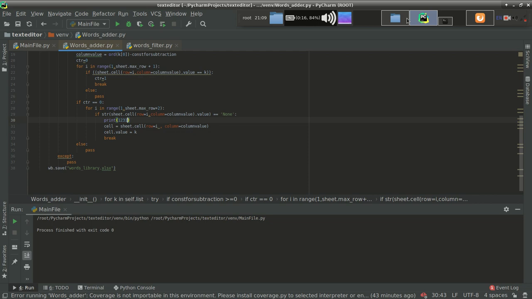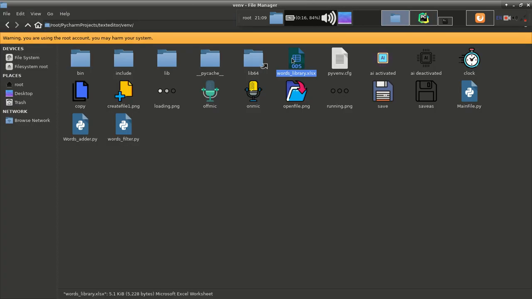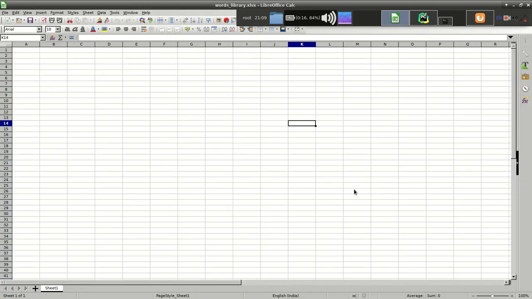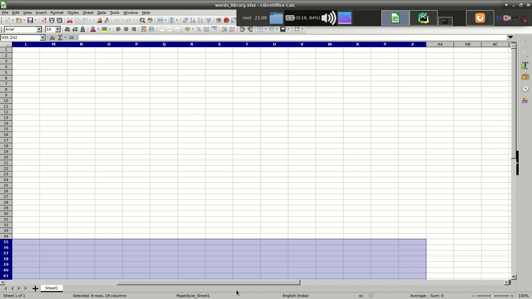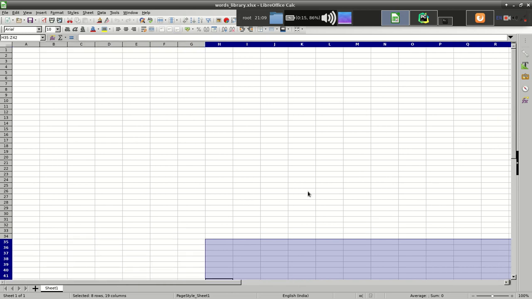It has not reached here. So the bug is around here also. Can be here. If ctr equal to 0, that's fine, for in range. Let's verify one more time. Yeah, we haven't got the data. No problem.